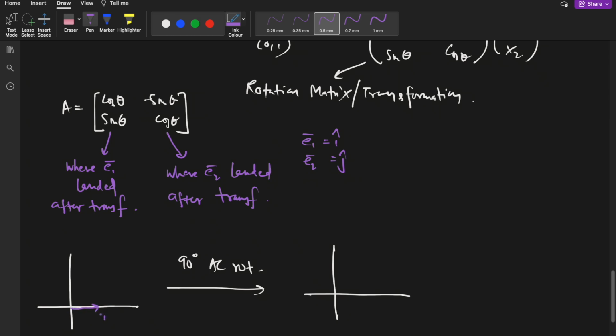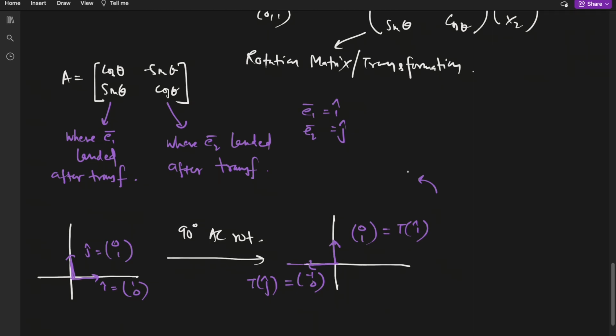This is i hat, that is 1 0, and sorry, this is j hat, that is 0 1. If you do a 90-degree rotation, then this i hat will land here where j hat is right now, that is 0 1, and this j hat will land here, that is minus 1 0. So this is the transformed i hat and this is the transformed j hat,